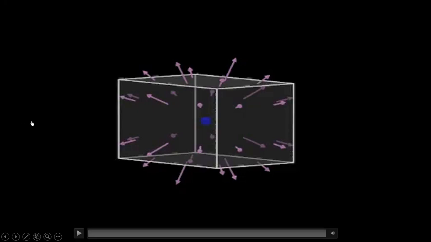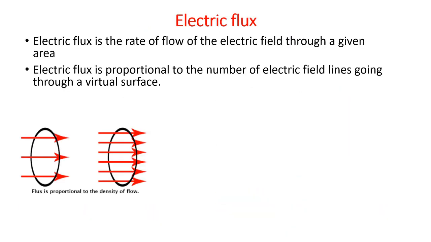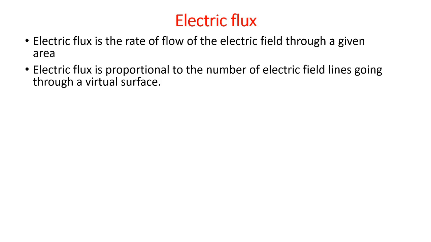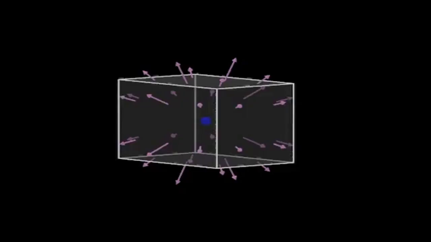So see this diagram. From this diagram, we can see the flux. Flux is in a closed surface. We are going to see the flux inside a closed surface. Actually, the flux is the rate of flow of, what is the rate of flow of? Can anyone say it? Rate of flow of electric field. So here, how much of the electric field lines flows in a closed surface will give our flux.